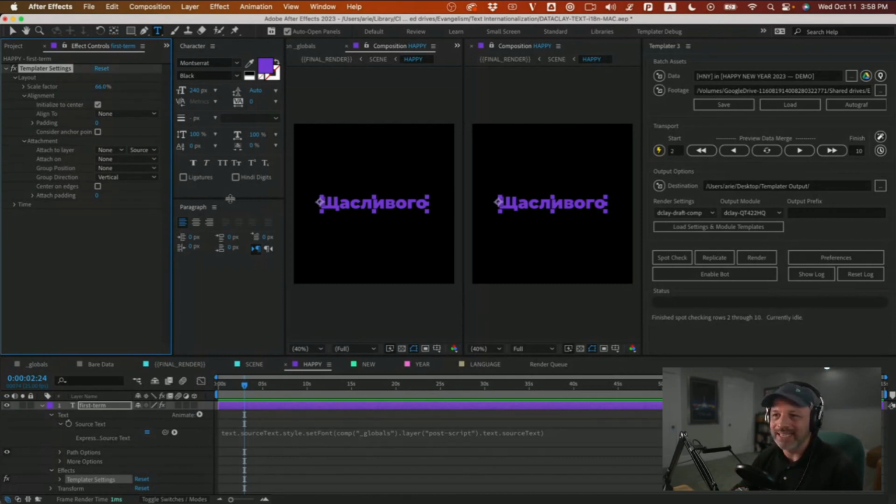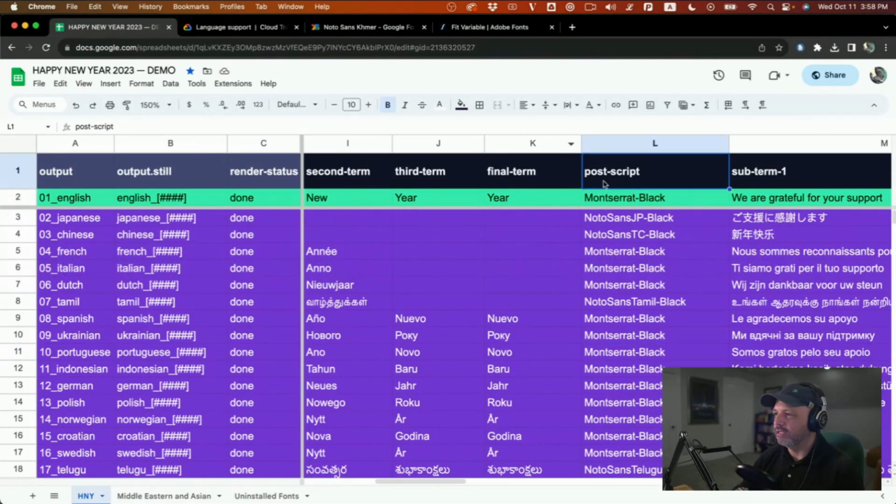Then inside of the data, you would have PostScript -1, which would map to the first text layer, and then another PostScript -2, which would be another set of PostScript names mapped to the second